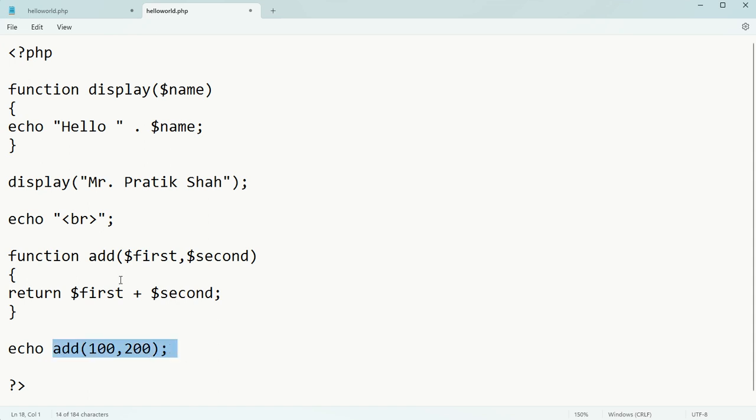So this will jump to this part, and in first, 100 will get copied and in second, 200 will get copied. It will go inside of this. We have only one statement, which is return, and it will return the addition of these two values, which is 100 plus 200. So the answer is 300. Return 300 indicates you have to come back to where you called from, that means this part. So this full part will get replaced by your answer 300, and because of the echo it will print 300